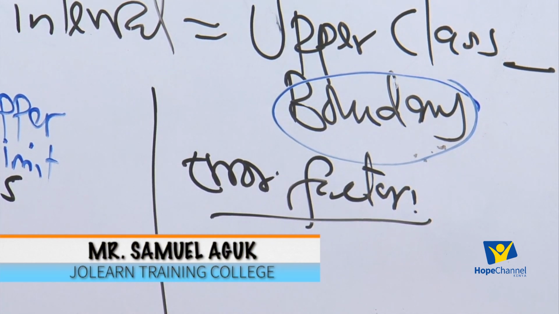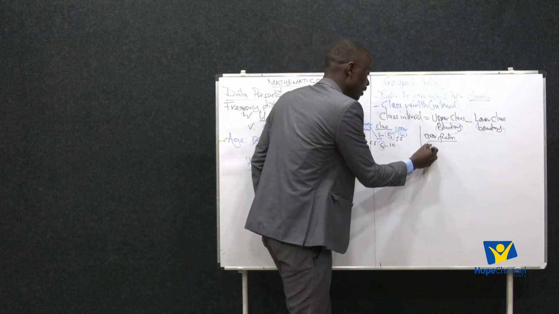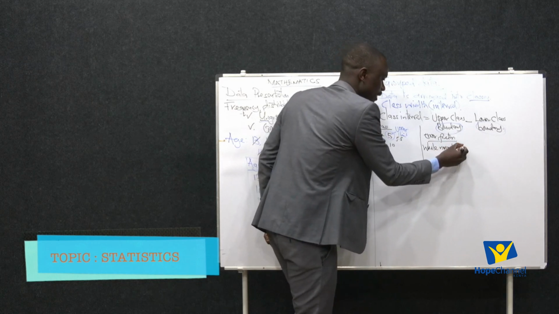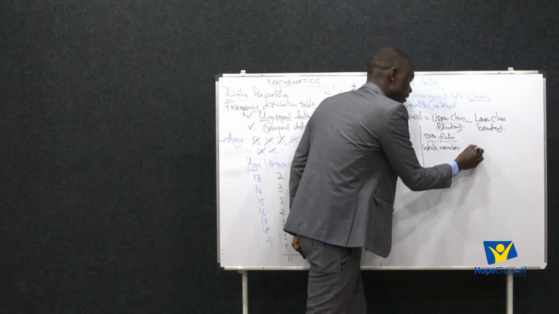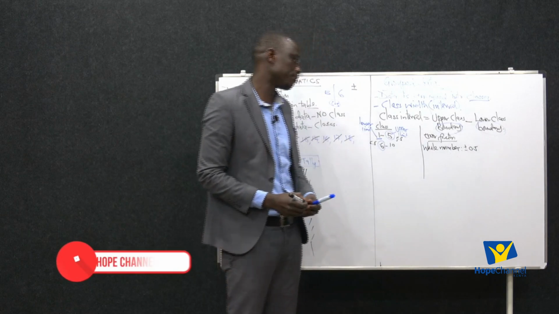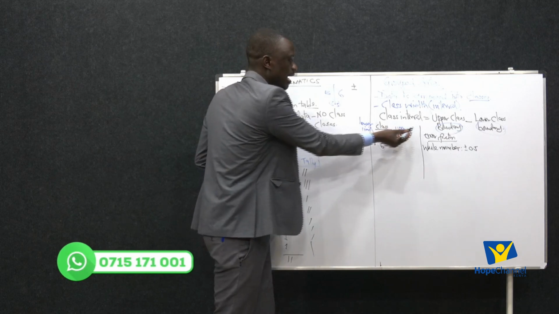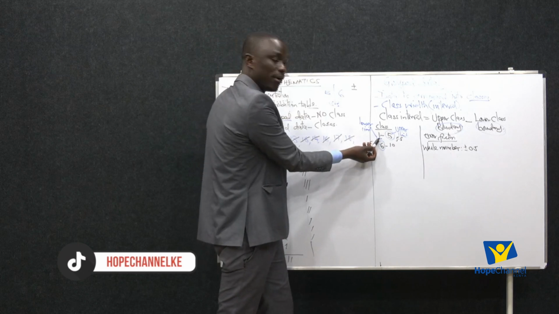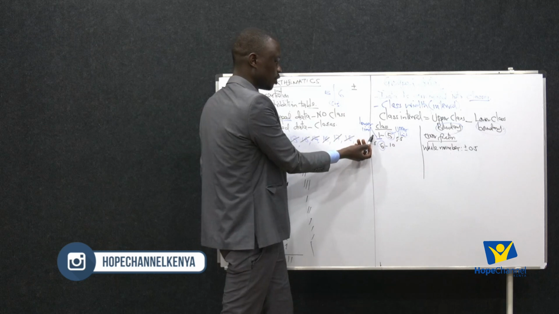For example, an error factor will depend on the number of decimal places. For example, if the data is a whole number, then the error factor is said to be 0.5. So you can add or subtract 0.5. Like in this case, if I want to get the upper boundary, I add 0.5. I will still get 5.5. If I want to get the lower boundary here, I subtract 0.5. That will give me 0.5.